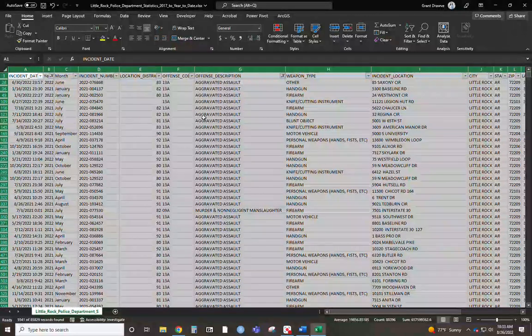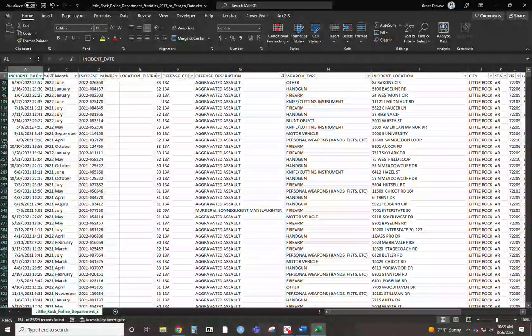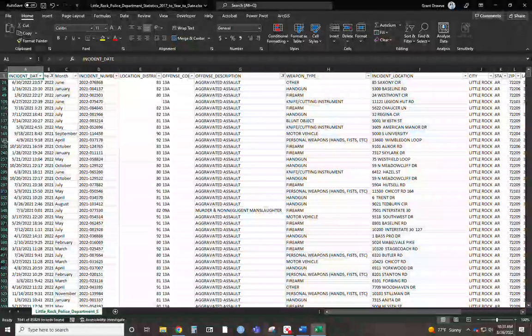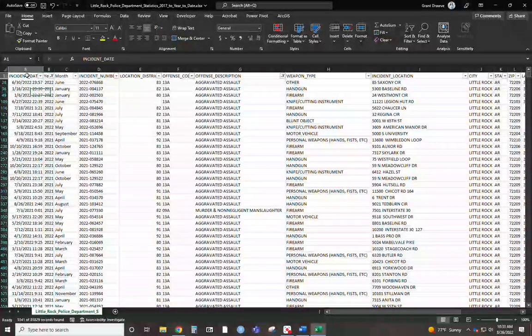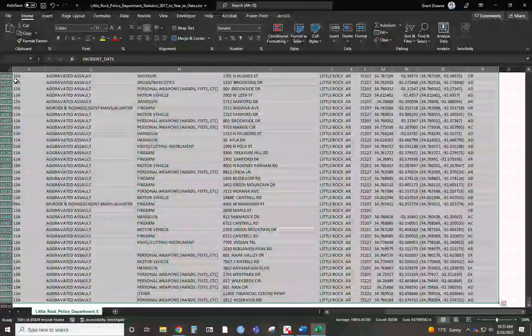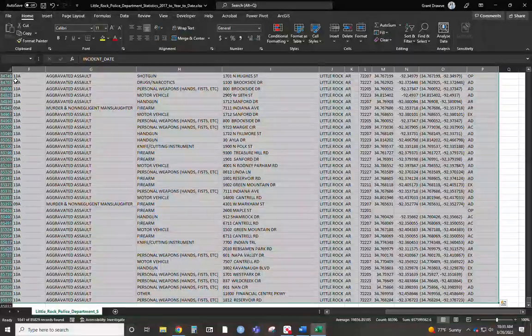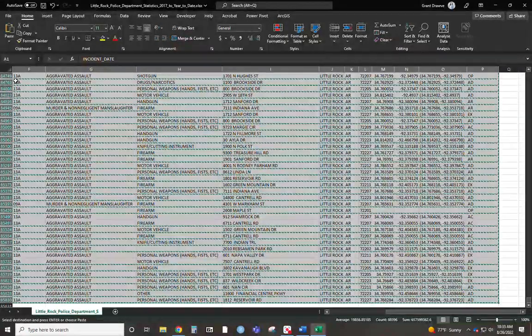Now we've created a subset of our overall data for only 2021 to current with aggravated assault and homicide. To select this, you can see on the left-hand side here that we have skipped over some rows. To do that, I just put my cursor in cell A1, hold down Control and Shift, down arrow, right arrow, and it's only going to highlight the data fields themselves. I'm going to Control C to copy this,